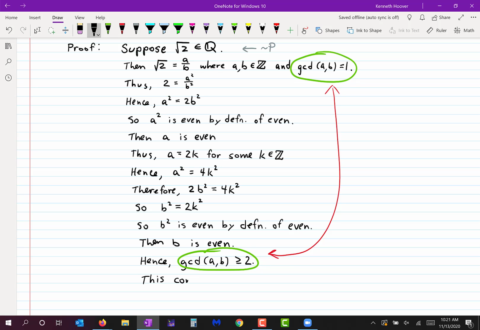This contradicts the fact that the greatest common divisor of a and b is 1. Therefore,